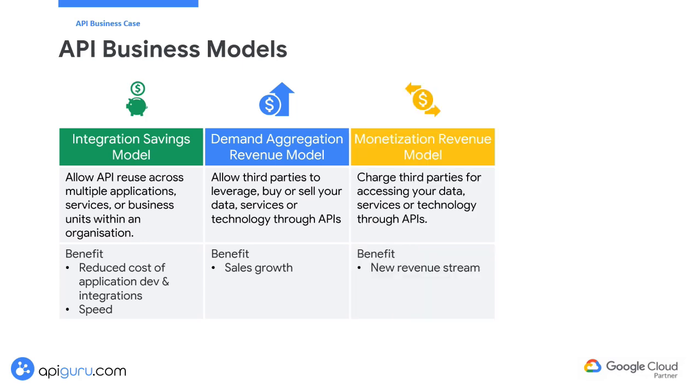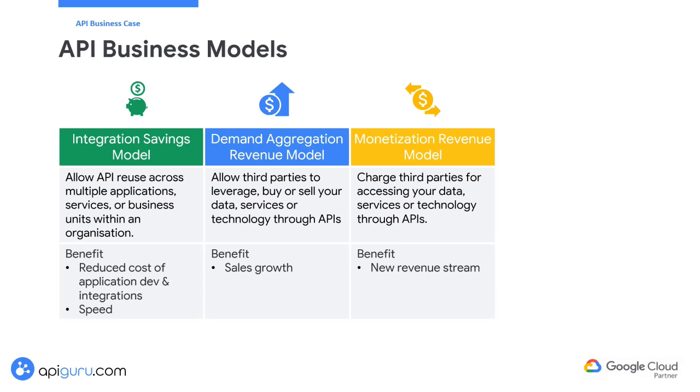With the monetization revenue model, organizations can effectively generate revenue from their APIs by charging developers and businesses for access to specific services or data. API monetization allows businesses to earn income as usage grows without a proportional cost increase. It enables market expansion by reaching new audiences through third-party integrations and fosters innovation by encouraging developers to create new